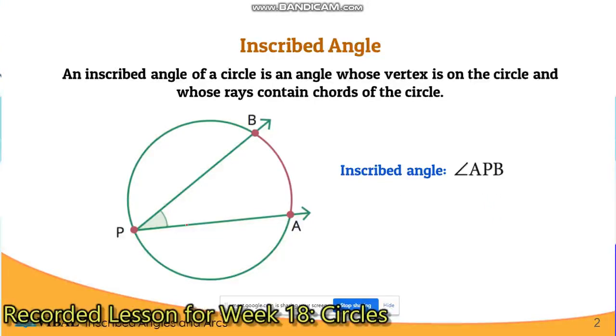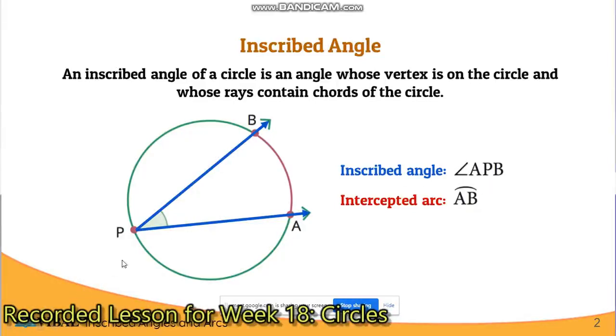So, ang inscribed angle natin dito is angle APB. Bakit siya inscribed? Kasi po, ang kanyang vertex ay nakalagay doon sa circumference ng ating circle. So, let's move. That's for inscribed angle. Next. In every inscribed angle, sa loob ng circle, meron tayong na-form na intercepted arc. Okay? At in this case, dito sa ating figure na ito, ang ating intercepted arc ay arc AB. Arc AB now is the arc formed by angle or inscribed angle APB.